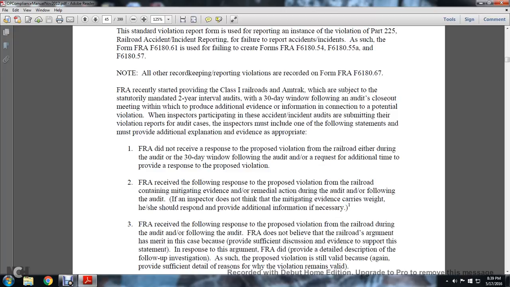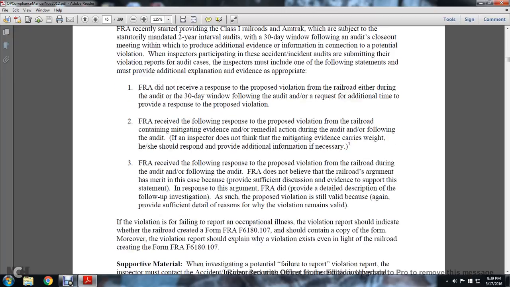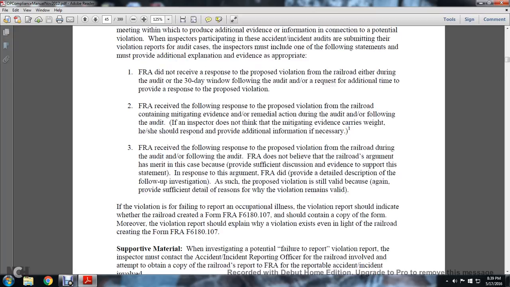The FRA did not receive a response to the proposed violation from the railroad either during the audit or the 30-day window following the audit, and the railroad requested additional time to provide a response to the proposed violation. The FRA received the following response to the violation from the railroad, containing mitigation evidence of remedial action during the audit and following the audit. If an inspector does not think the mitigation evidence carries weight, and the response provided with the additional information is necessary,